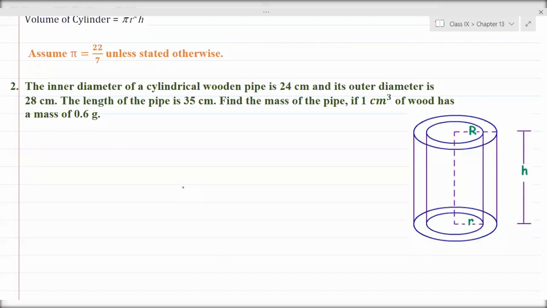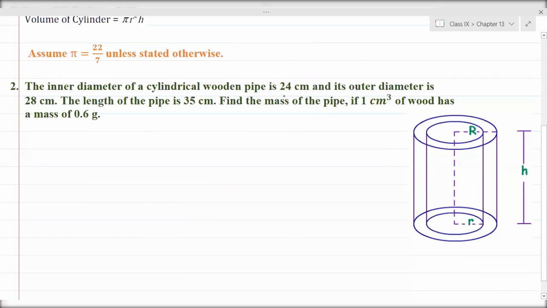Cylinder can be of two types. One can be the solid cylinder, and second one can be the hollow cylinder. So solid cylinder does not have an empty space from the inside, but the hollow cylinder, like your pen or a tube light or a gas cylinder, they are empty from the inside. They are all hollow cylinders, while a chalk, okay, that is a solid cylinder because it is not empty from the inside. So such kind of cylinder we have been given here.